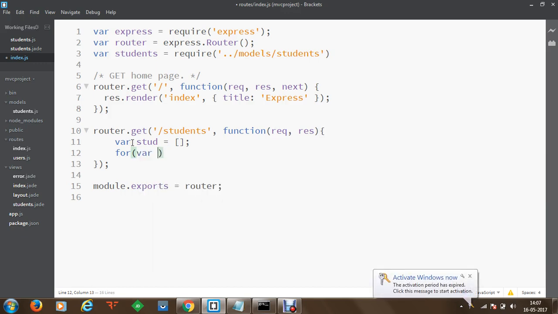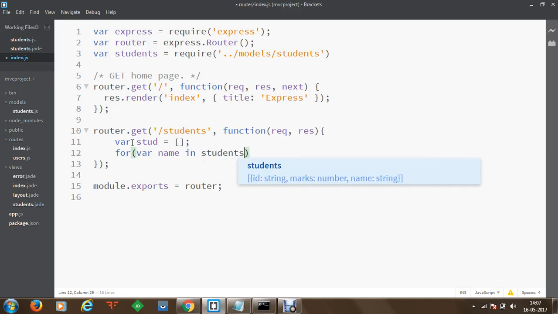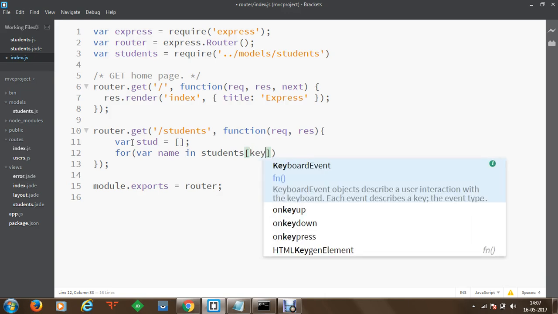The syntax will be for, then we have to create a variable, and let's say I'm going to take the name key in models students. Inside students, we are going to access different keys.